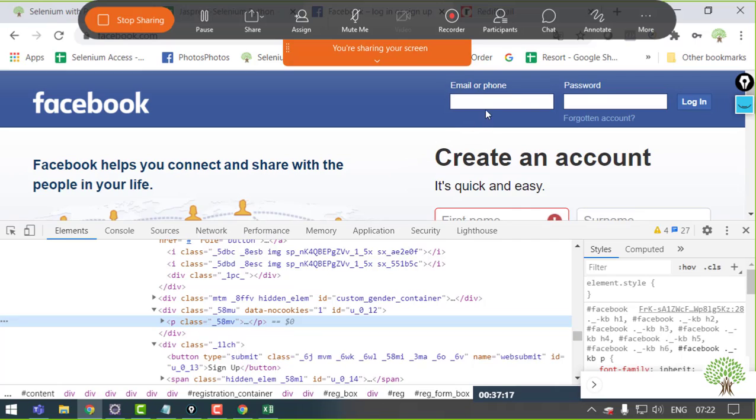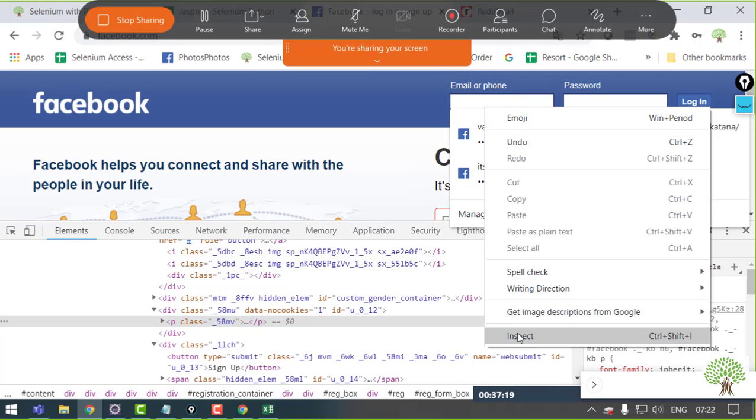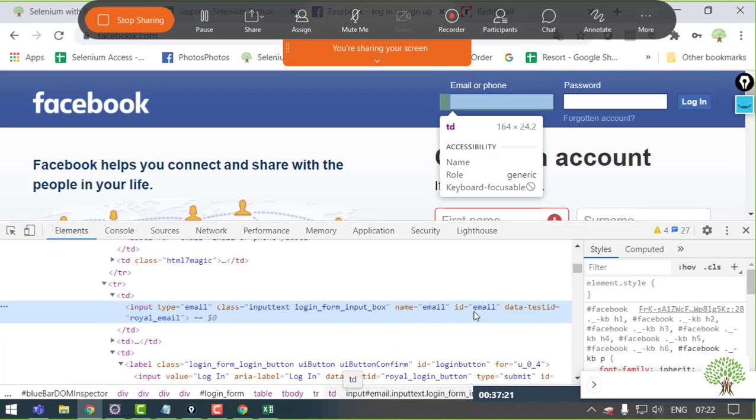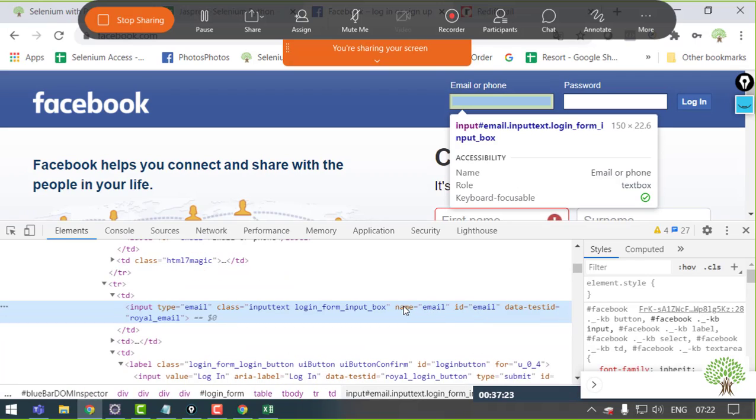Why? If I inspect any of these, like this email or phone, you can see over here that it has optional attributes name, ID and class. Three of them are there. The same element can have the same ID and name. That is fine. You can use any of the optional attributes.